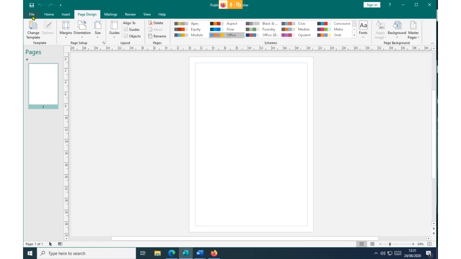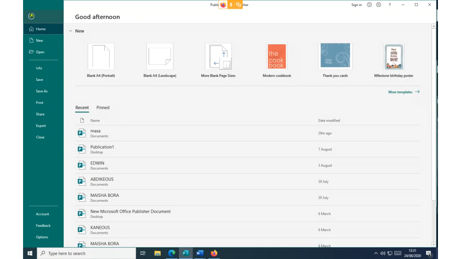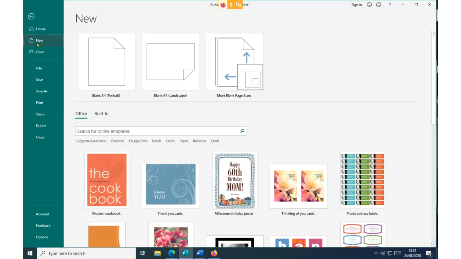Now remember, we are designing a brochure. Step number one, we click on file. Step number two, we click on new. Step number three, we click on blank A4 landscape. These are the procedures.